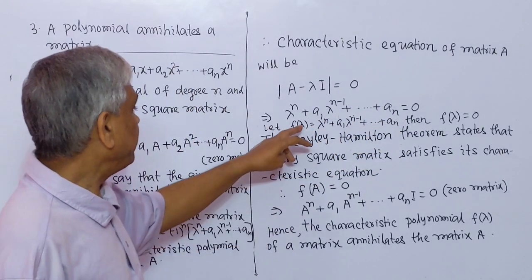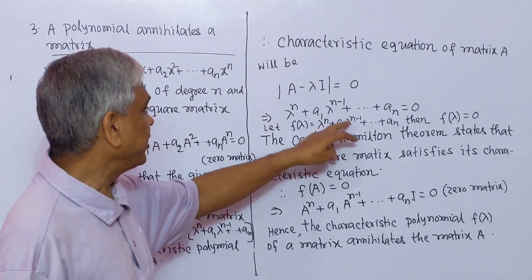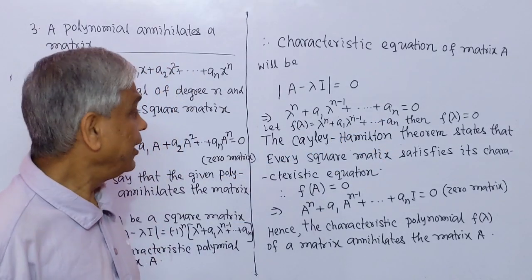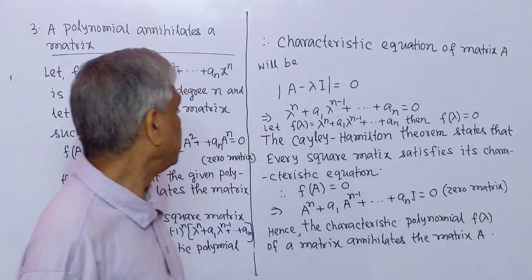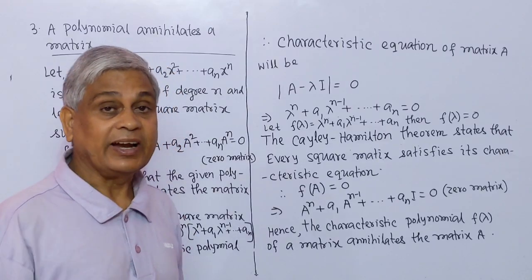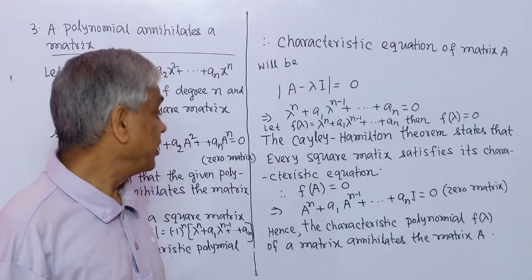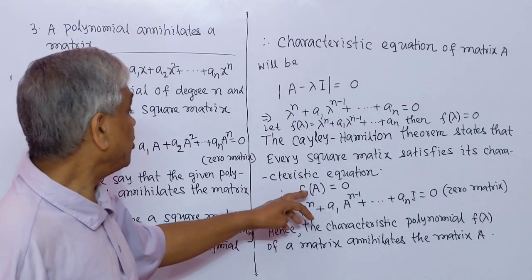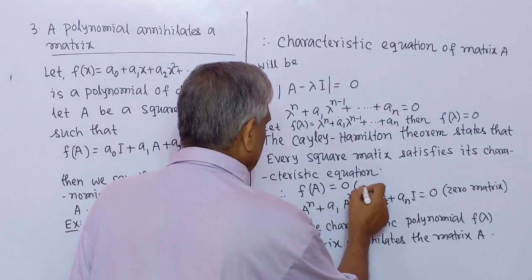Let function of lambda, f(lambda) equal to lambda to the power n plus a1 lambda to the power n minus 1 plus ... plus an. Then f(lambda) equal to 0. The Cayley-Hamilton theorem states that every square matrix satisfies its characteristic equation. Therefore, f(A), matrix A, equal to 0 matrix,